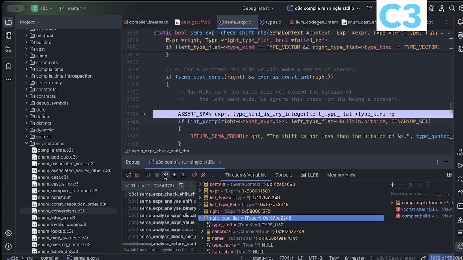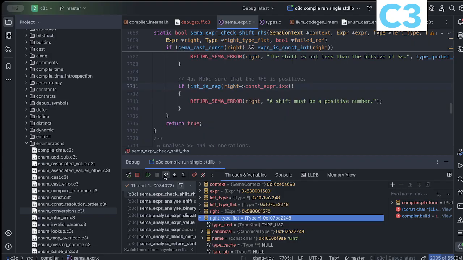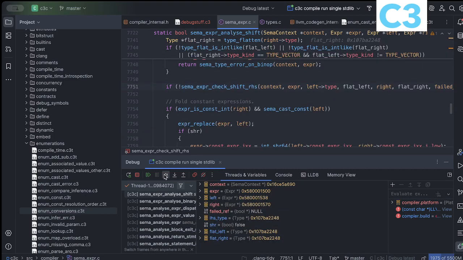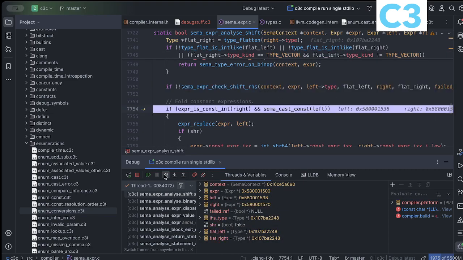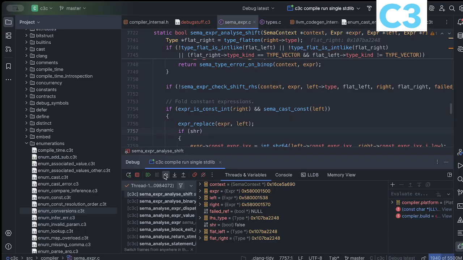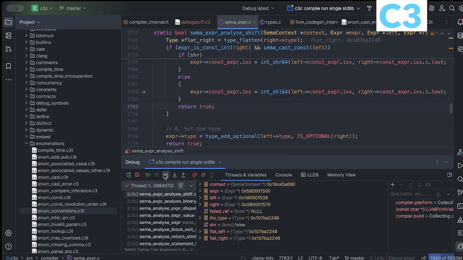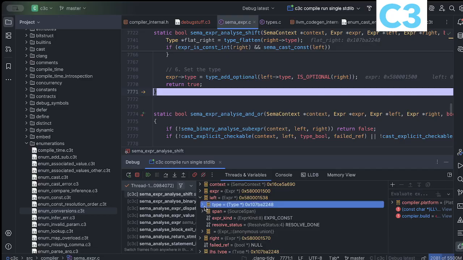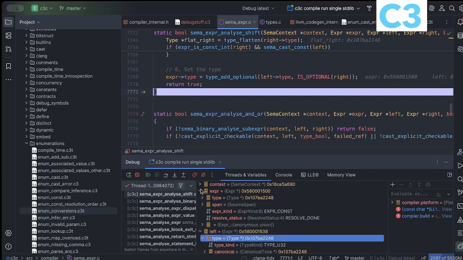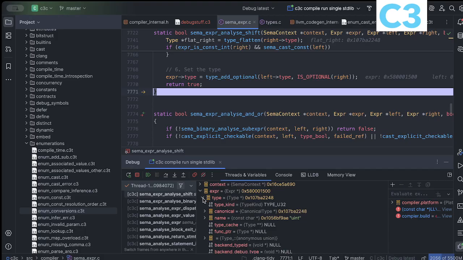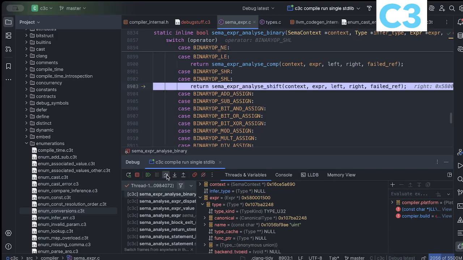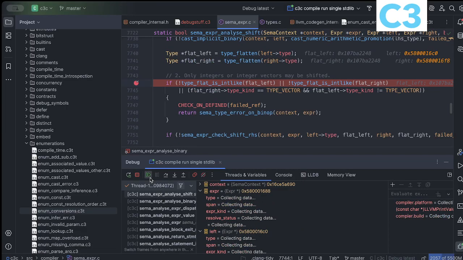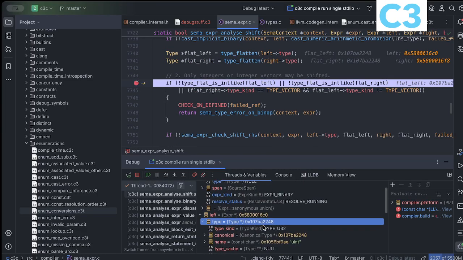So it's just going to check that it's, what the heck? Let's see here. So we're just replacing that. And what the heck is this type? So the type is like the left hand side or something. So the left hand side is a what is it? A uint, and so the expression becomes a uint. What? Like,